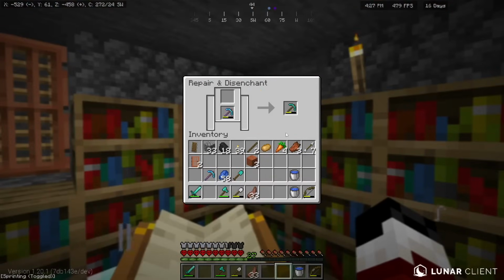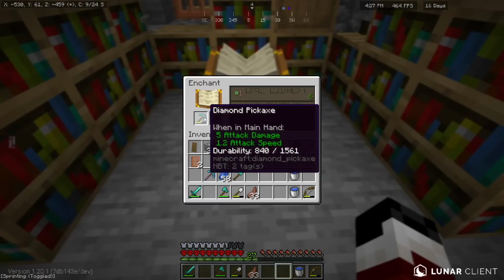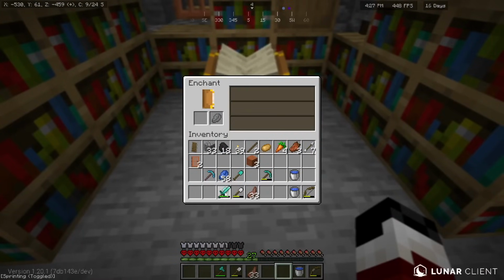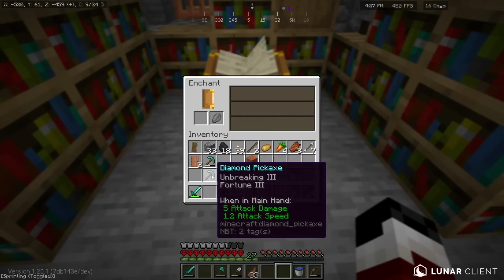Okay, since that one already has Unbreaking, I'm going to disenchant this and see what I get on it. Okay, E4, that's definitely the next one I'm going to go for. Sword, Sharpness 3, and that's okay. This is E4, and this is E4. Yeah, I'm definitely going to go grind a little bit more levels and get an E4 pickaxe and then combine